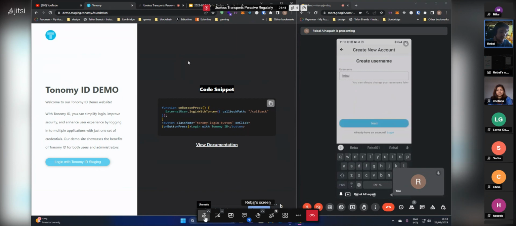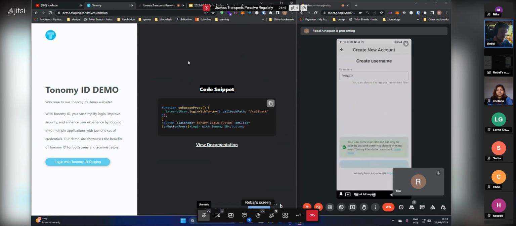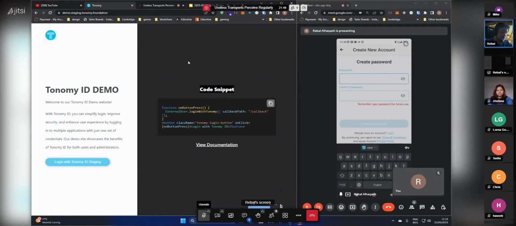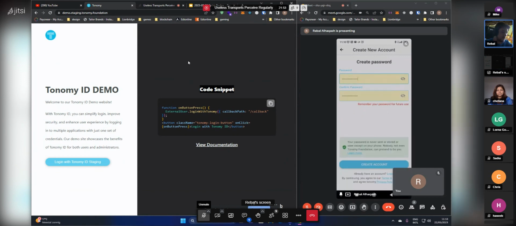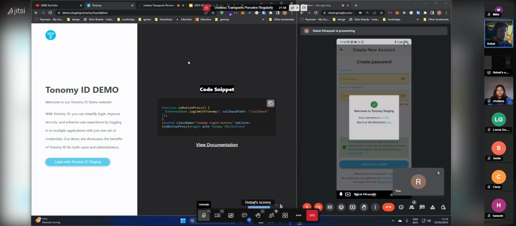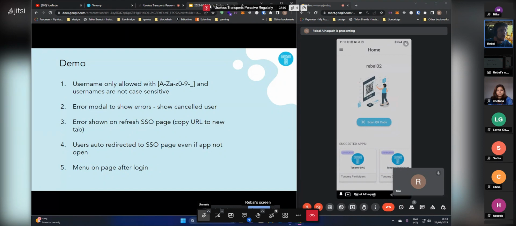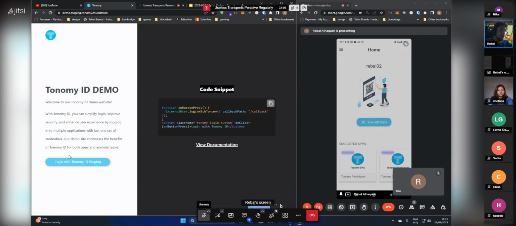I'll just enter my name with some weird username and click on next. I'll generate a password from my saved password so it won't take me so long, and create a new account. We have a new error modal to show on the demo app, and I'll